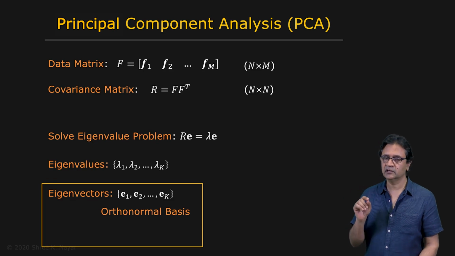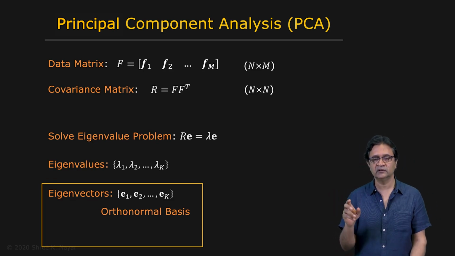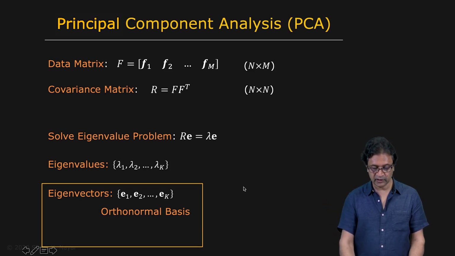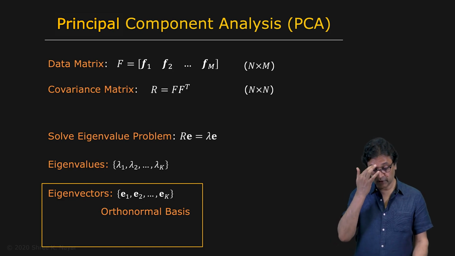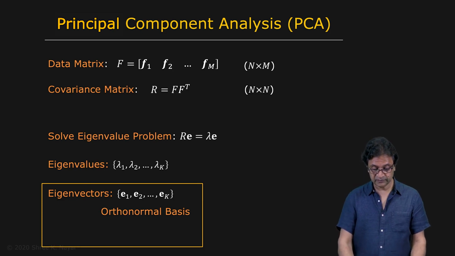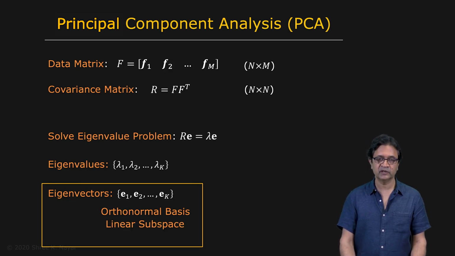There's one little thing here that we have set aside, which we'll talk about later, which is what is a sufficient K? That is, how many of these do we need? What K should we use right here? We'll come back to this, but the basic hypothesis here, or the hope here, is that we're going to end up with a K which is much, much smaller than n. So you end up with an orthonormal basis. This is the basis in which we're going to represent all our images going forward. This orthonormal basis is also referred to as a linear subspace, and sometimes it's also called an eigenspace.